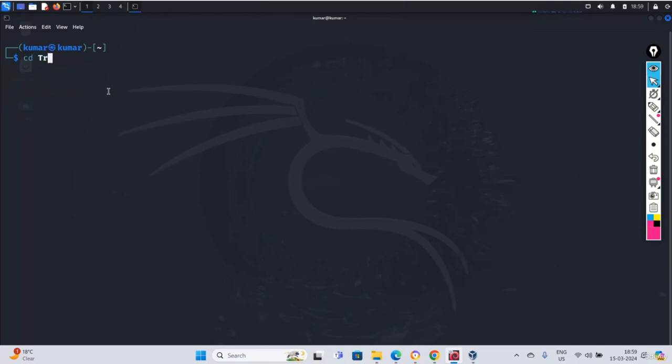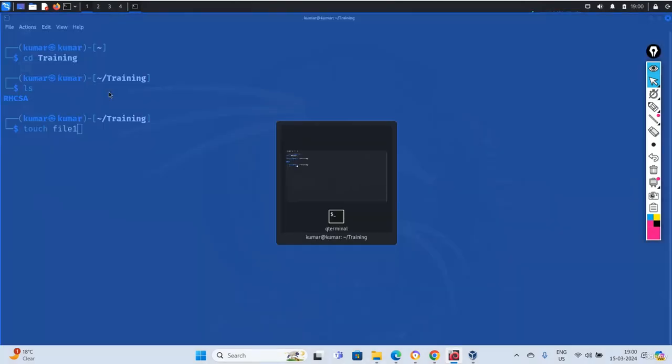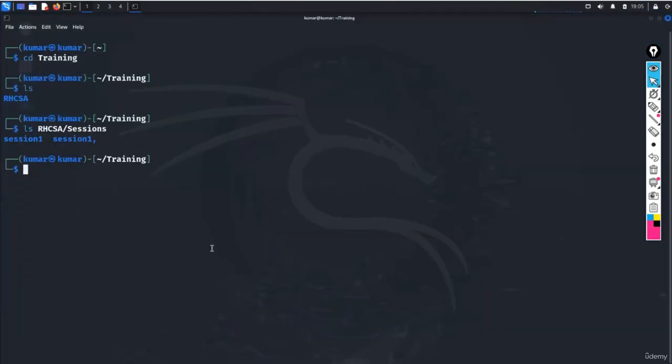So I am going inside the training directory and checking here, and I want to create a file here. The touch command is used for creating a blank file, nothing inside the file. So I am going to create it and give the file name here. If you want to create a blank file, you will use the touch command and then give the name of the file,